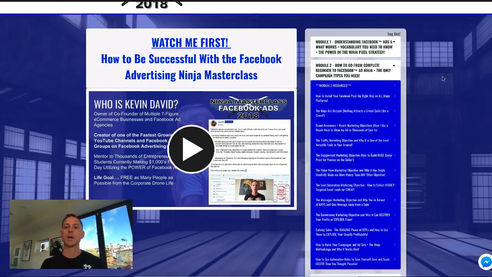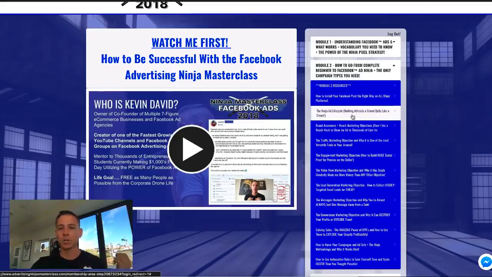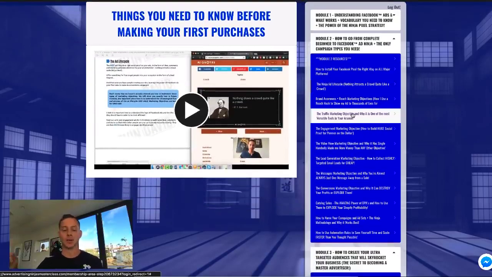The second module goes really deep into the actual platform itself, right? So this is when we're talking about actually how to implement and use the Facebook ads platform. So we show you all different types of things, right? The Ninja ad lifecycle. So this is where we talk about, without giving too much away, how to properly structure an ad the right way, because a lot of people are making a lot of mistakes when it comes to how they're creating their ad campaigns,